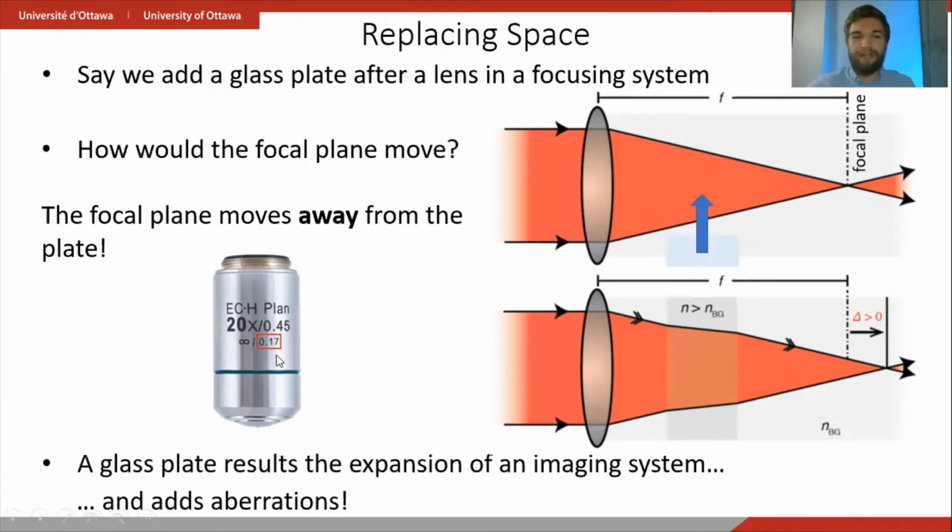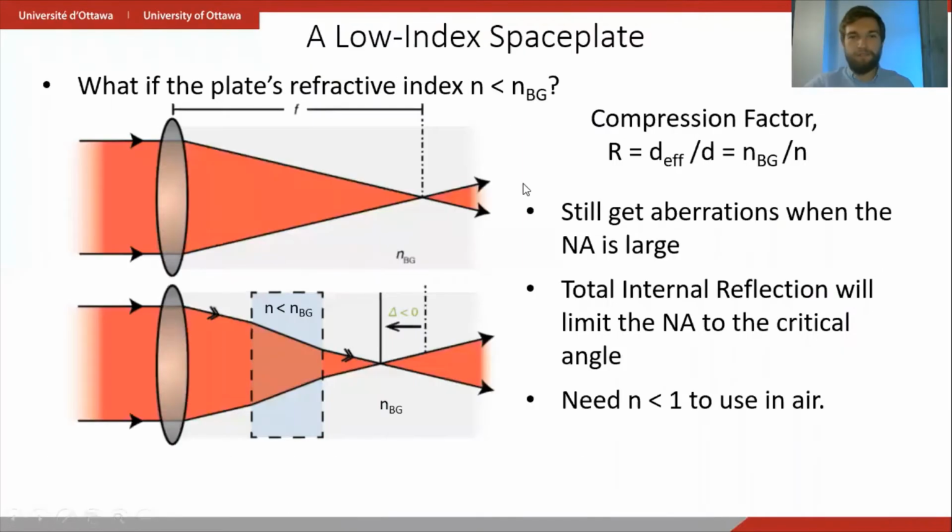So for example, in a microscope objective, this one compensates for the aberrations created by a 0.17 millimeter microscope cover slip. So what if we do the exact opposite? What if we insert a plate with an index of refraction less than that of the background medium? Well, we'll see that the focal plane gets shifted towards the lens, and that demonstrates that this is a kind of spaceplate, which we call a low-index spaceplate. Now, the compression factor for this is the index of the background medium divided by the index of the plate. However, you still get aberrations for large NA, and your total range of angles is restricted by the critical angle